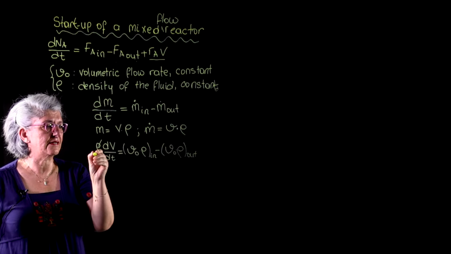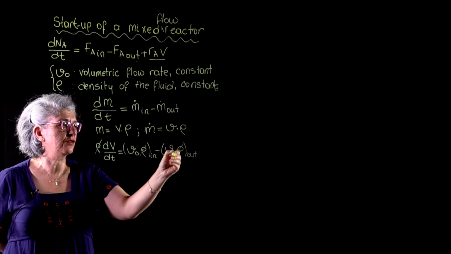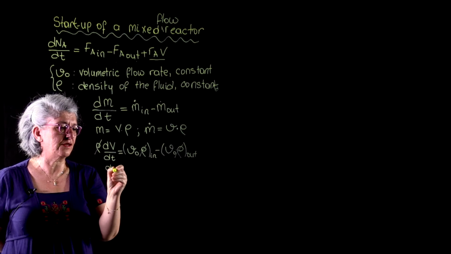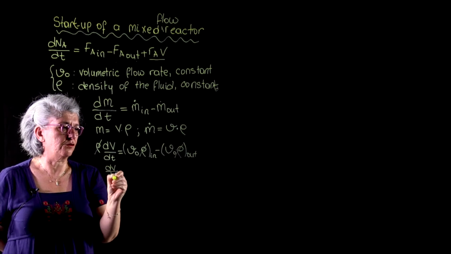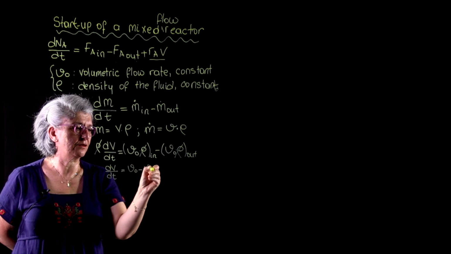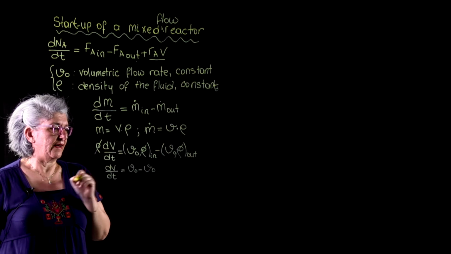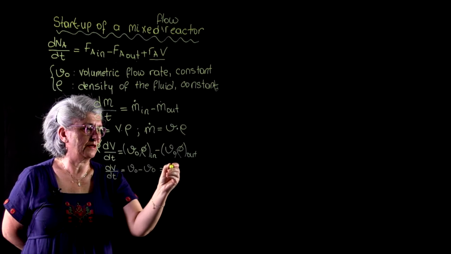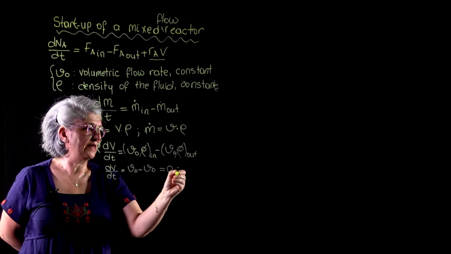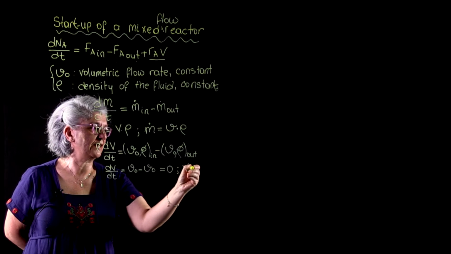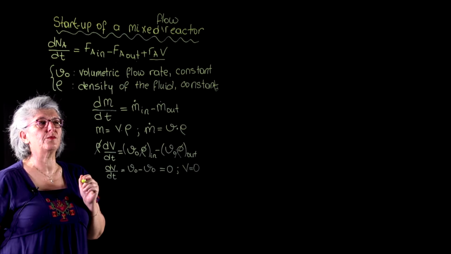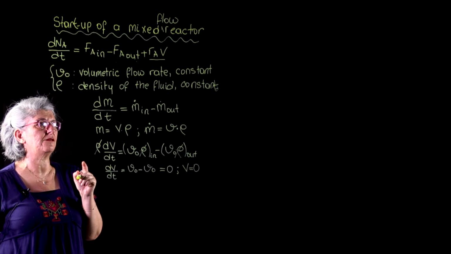Now rho was constant, and I'm going to cancel them out from the equation, and I get dV over dt to be equal to V0 minus V0. This is going to be 0, and the solution of this differential equation will tell me that my total volume is not changing. So the derivation's purpose was to give you a hint about